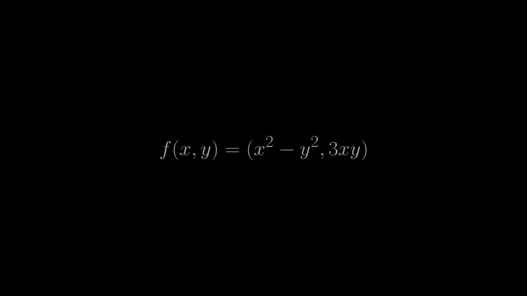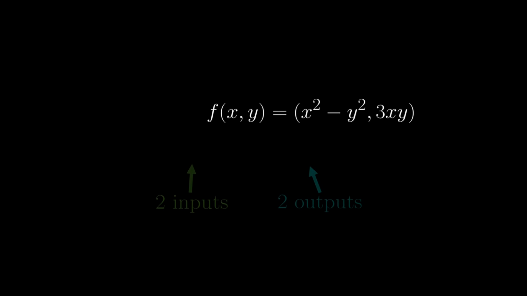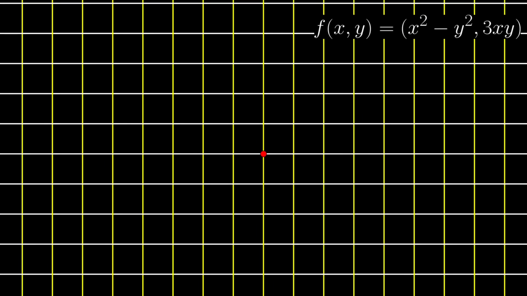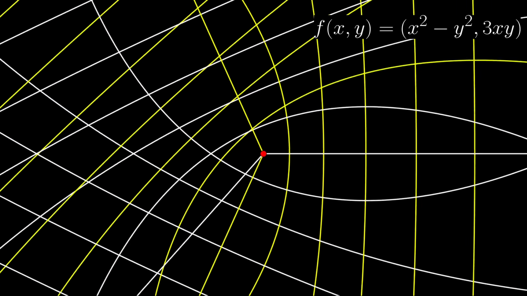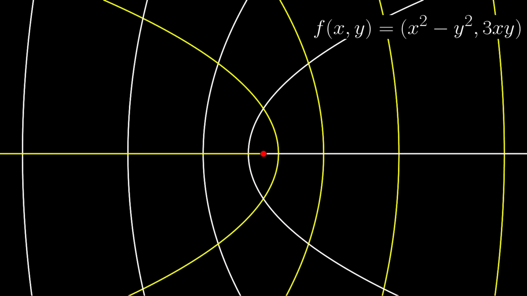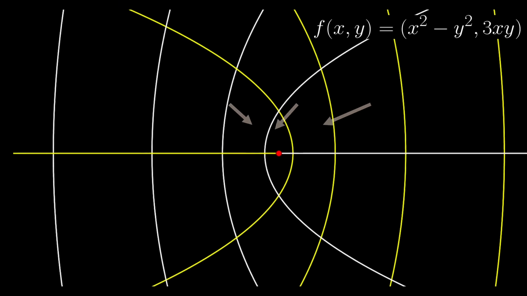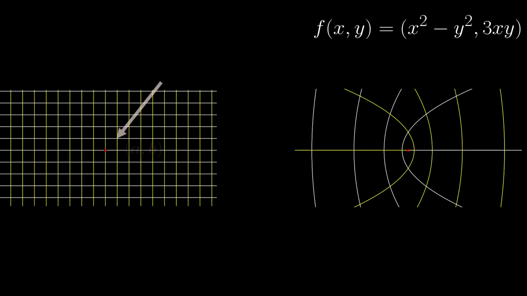Similarly, for a two-dimensional function with 2 inputs and 2 outputs, we can visualize this using transformations of the coordinate plane. So this function looks like this. It doesn't look linear, and lines aren't even lines under the function f. But again, if we pick a point (a, b) and then zoom in far enough, after centering our perspective on the point, it looks like a linear map.